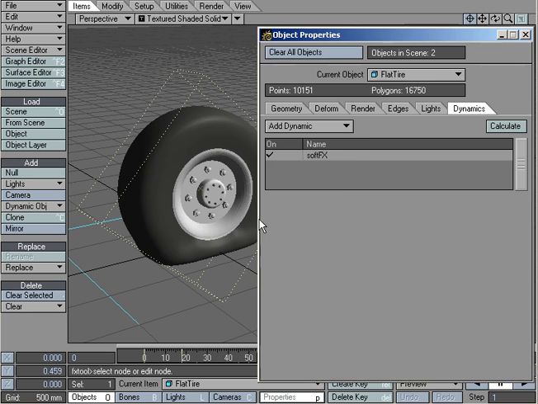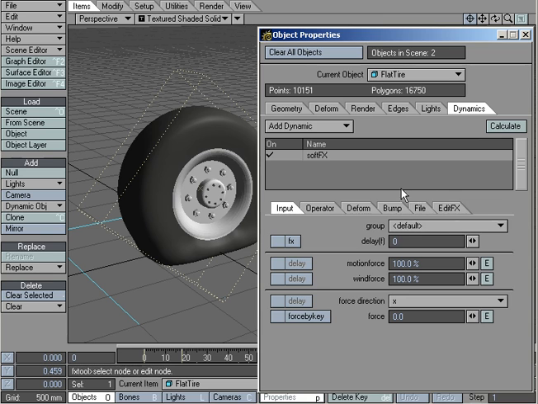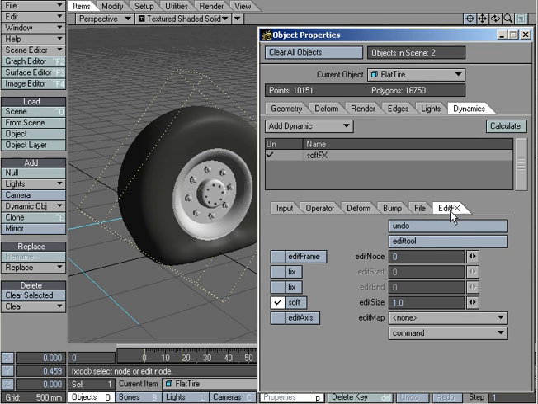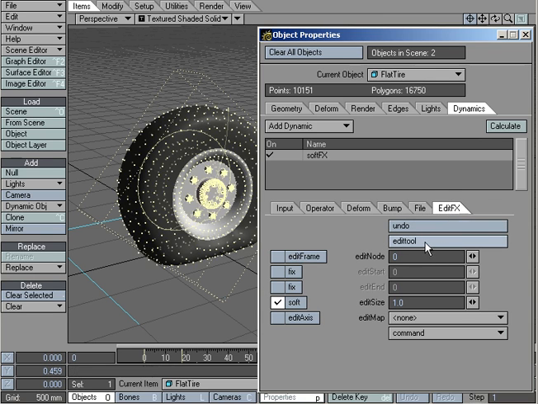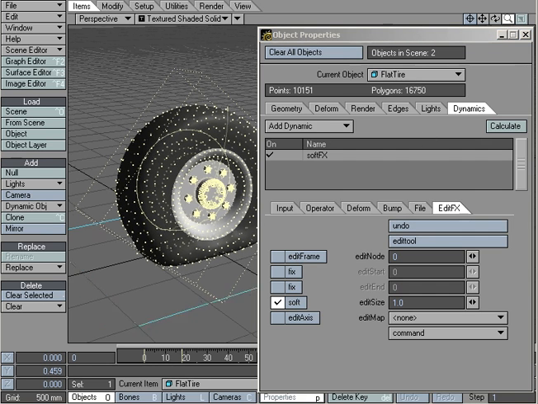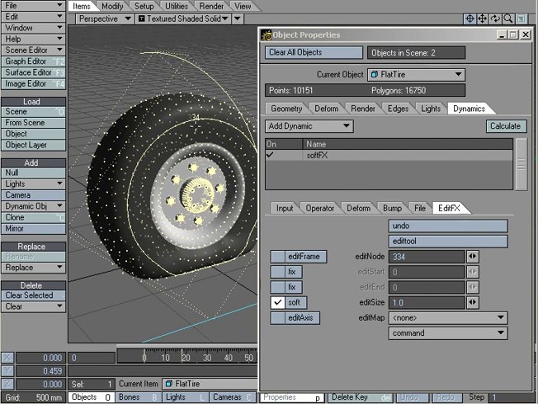So I'm going to bring it back up again, and under Edit Effects I'm going to select Edit Tool, and what I'm able to do is whenever I select a point, this yellow line is the motion path for that point. Now I can edit it like we did with the cloth effects and the hard effects, but what I'd rather do is